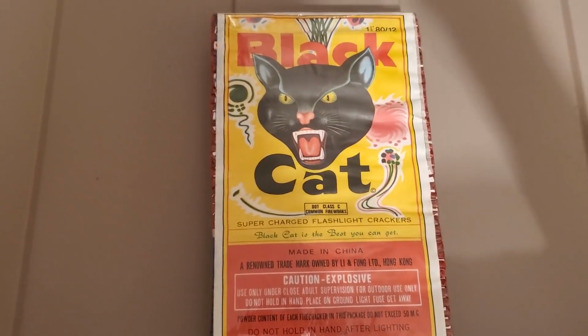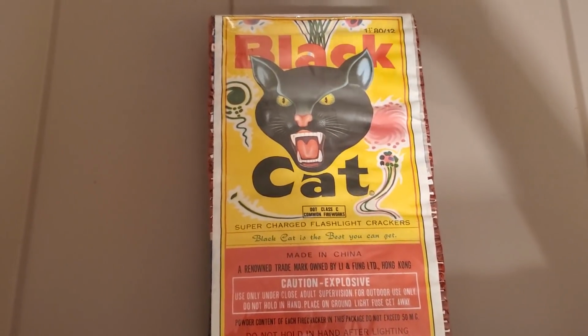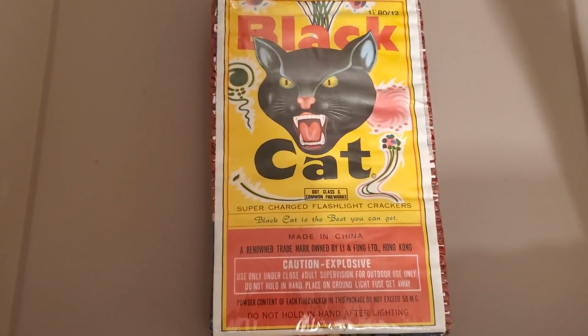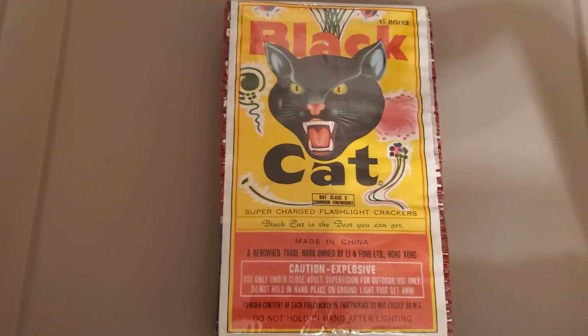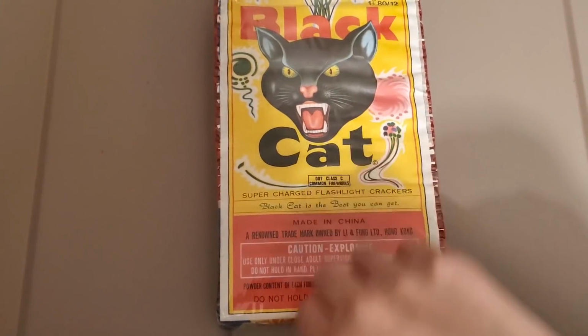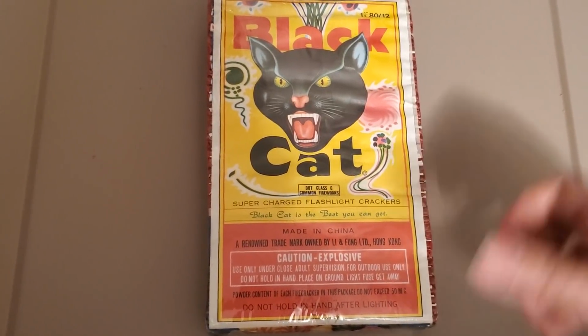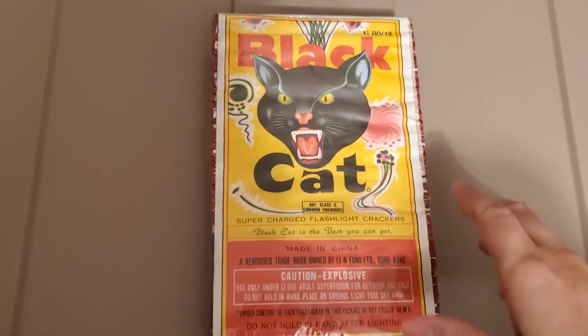I don't know if he had cakes. He may have had cakes and shells and whatnot, but I never really paid attention to that because they were expensive. And he never really bothered to show us the expensive stuff, just stuff that we could afford, which was pretty much mainly firecrackers, snaps, and sparklers, pretty much stuff that we could afford. But